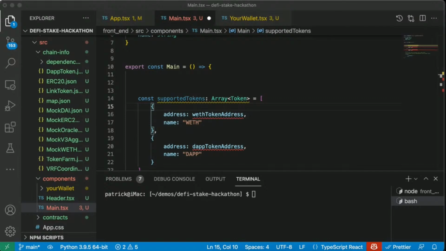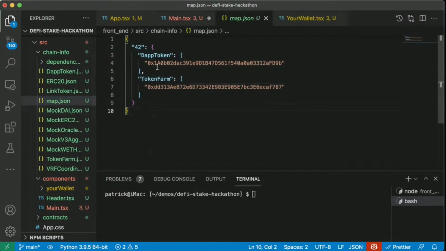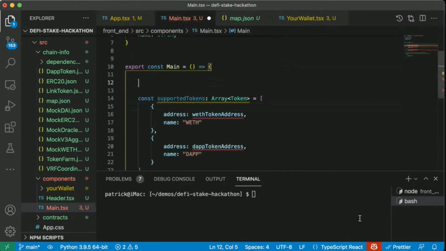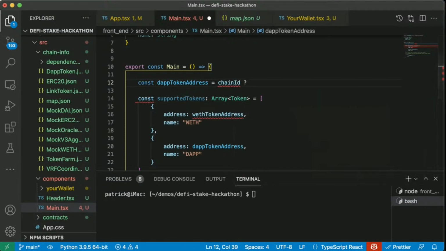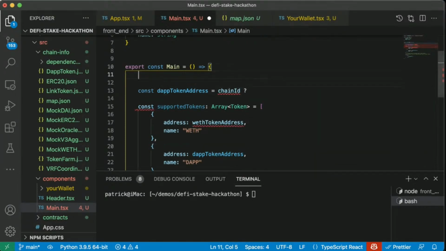Sorry, our DApp token address we're going to get from this map. So the map shows us what we've deployed, right? So we deployed our DApp token. So we want to get our DApp token address from this config here. So what we're going to do is say const DApp token address equals, and first we need to check to see the chain ID exists once again, and we can get the chain ID from useEthers. So we can do const chainId